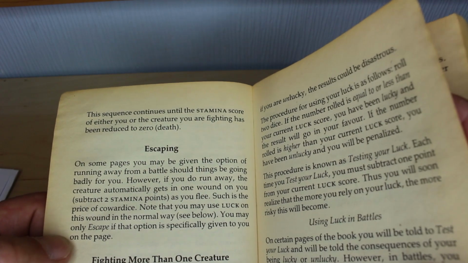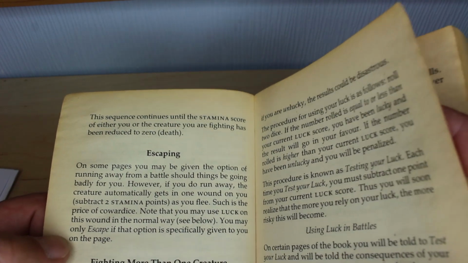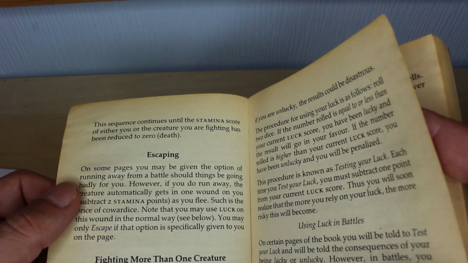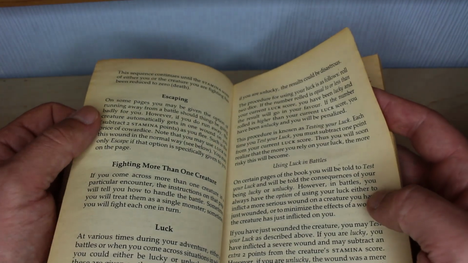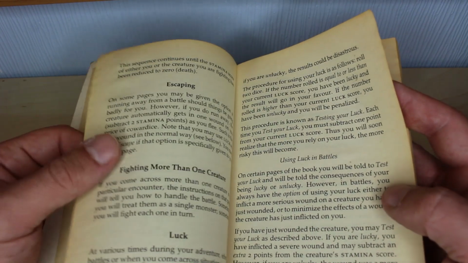Such is the price of cowardice. Well, discretion is the better part of valour. Note that you may use luck on this wound in a normal way. You may only escape if that option is specifically given to you on that page. So yeah, I can't recall it being used in many of the systems. I can actually recall now that yes, it has been used in other games that I've played before, but